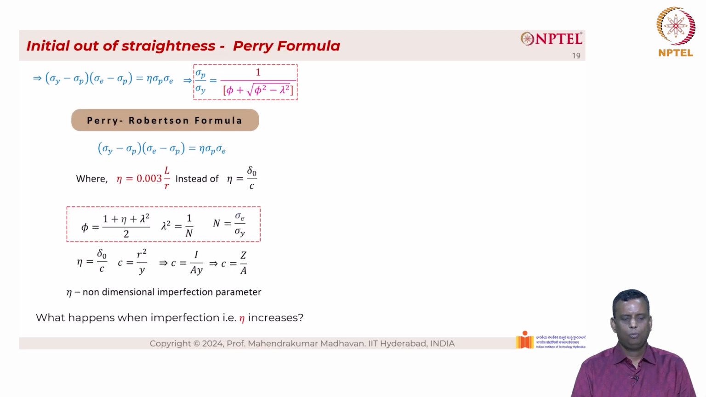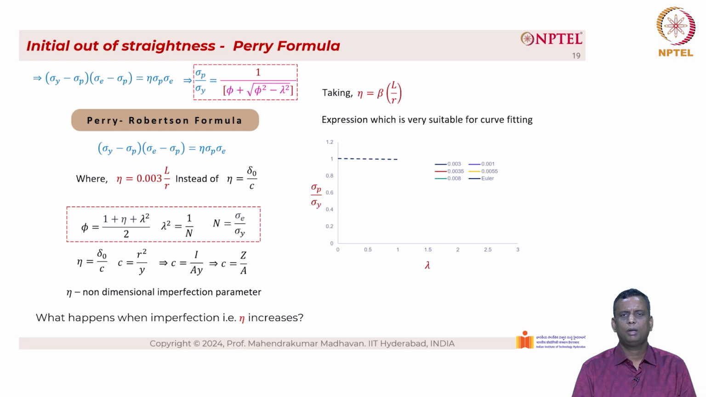So now what happens when the imperfection, that is eta, increases? Taking eta equal to beta into L by R, an expression which is very suitable for curve fitting, we have this plot here, which is the non-dimensionalized stress in the y-axis and the non-dimensionalized slenderness in the x-axis. We have various values for beta. So when we put beta equal to 0.003, now when we decrease the imperfection from 0.003 to 0.001, you can see that the blue color line is at the top. And then when we slightly increase it from 0.003 to 0.0035, you can see a red color line at the